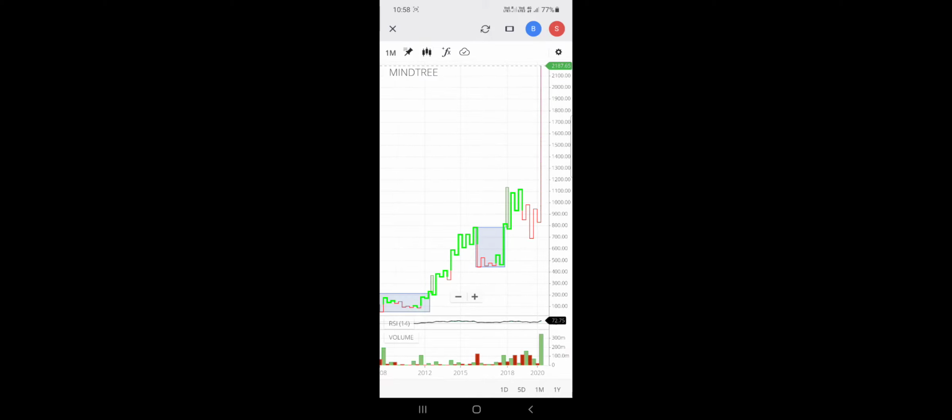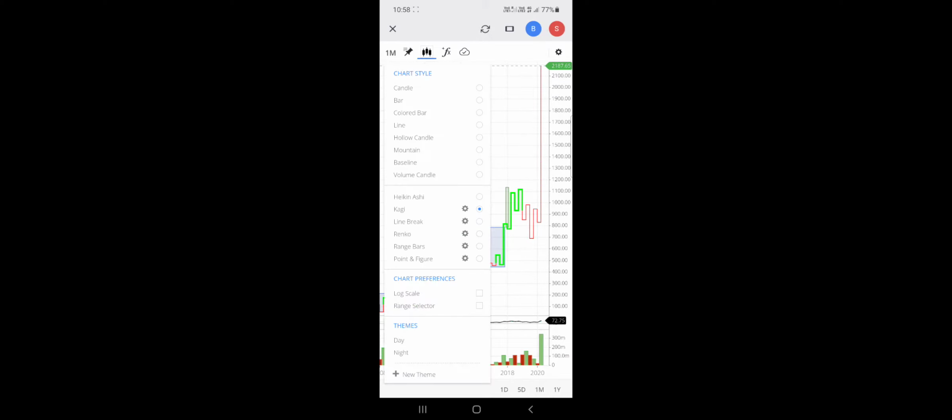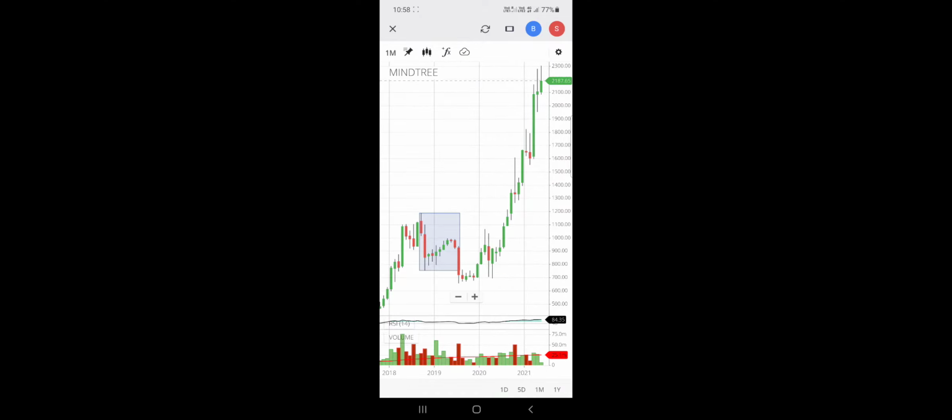You can see there is a different type of chart pattern. Today we mainly focus on the candle. It's a Japanese candlestick, and this is very reliable and useful for the stock market. And another concept is the time frame. You can see there are different time frames. So what type of time frame do we have to choose to do the trading?